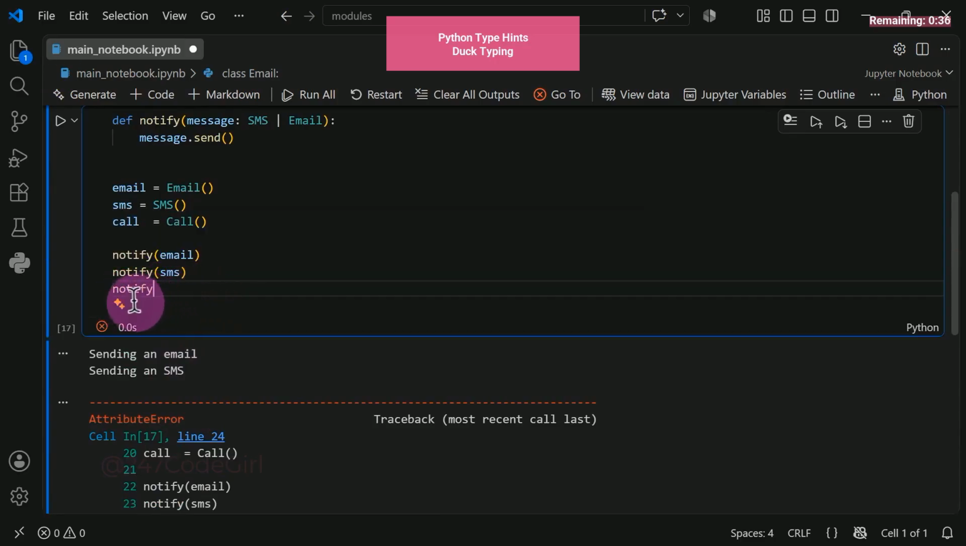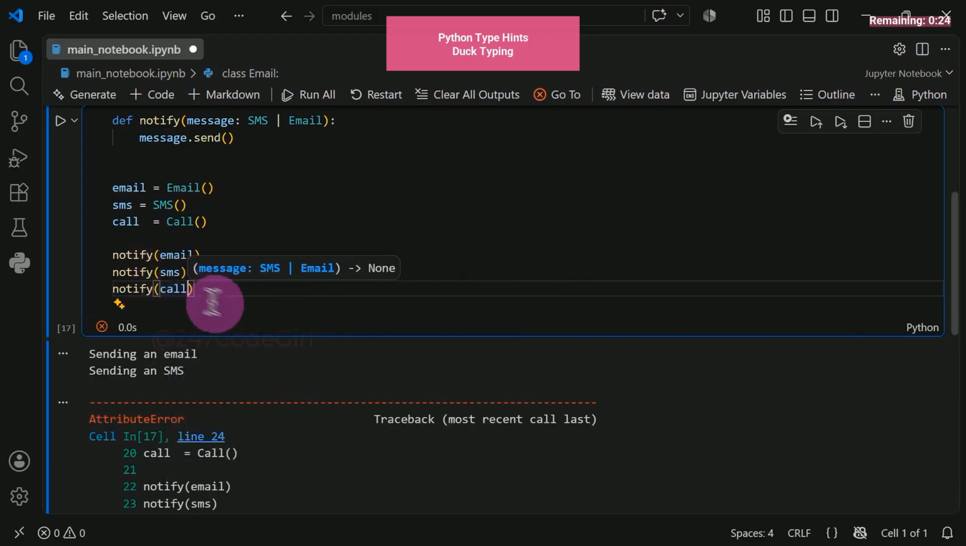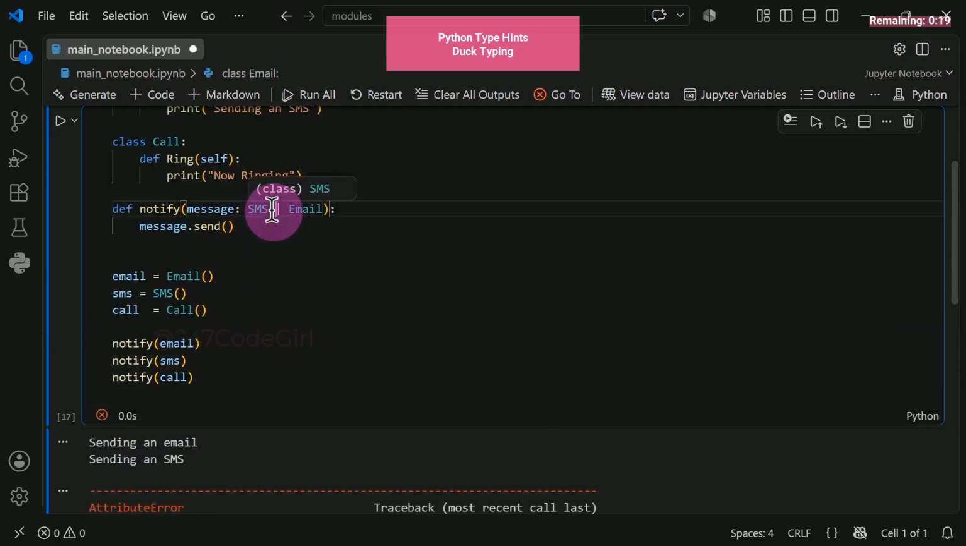The moment someone starts typing notify, they see right away it only accepts SMS or email objects. So they know not to pass in a call object. Makes perfect sense. Because if you hover over call and check its type here, you can see it is of type Call with a capital C. So I hope this makes sense in terms of type hints in Python. Remember, it is soft. Python does not force it at runtime. But it is incredibly useful for anyone consuming your functions, so they know exactly which object types belong here. Just read the colon, and if you need multiple accepted types, use the pipe operator right here to say SMS